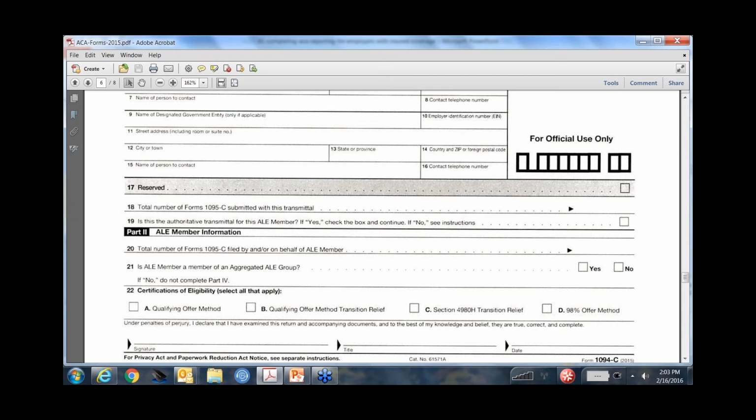Now, what does that mean? If you're 100 or more, for example, if you don't check the box, you don't get the transition relief for non-calendar year. You don't get the transition relief for 70%. You have to offer coverage to 70%, or instead of minus 30, you do minus 80. If you don't check that box, you don't get any transition relief. If you're between 50 to 99, if you don't check that box,